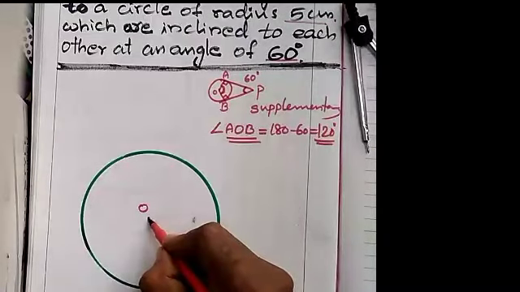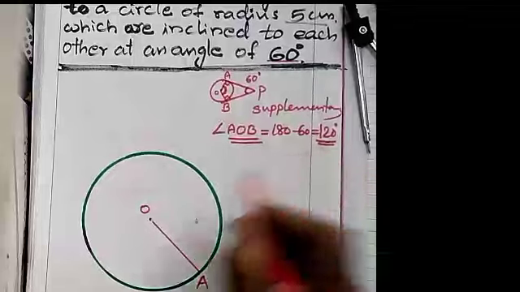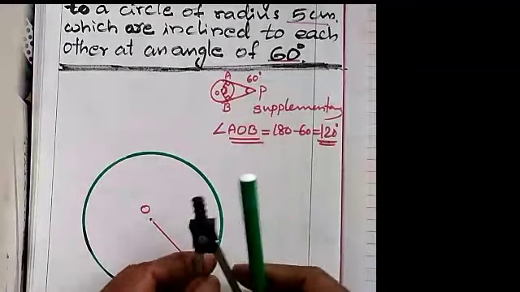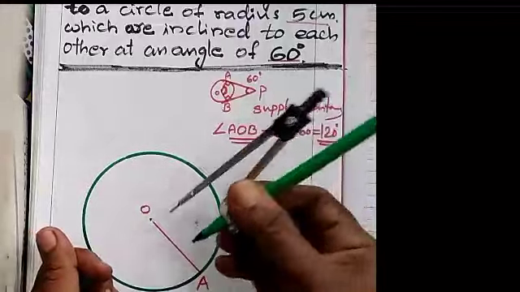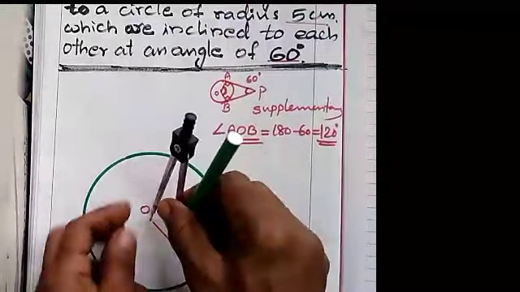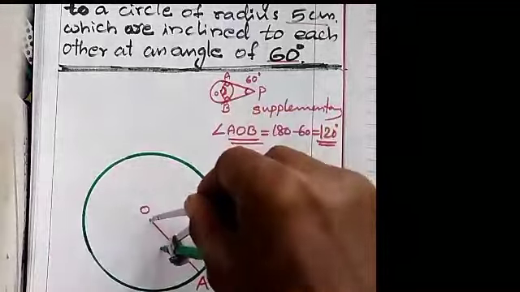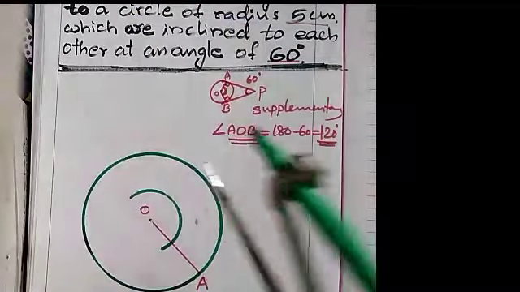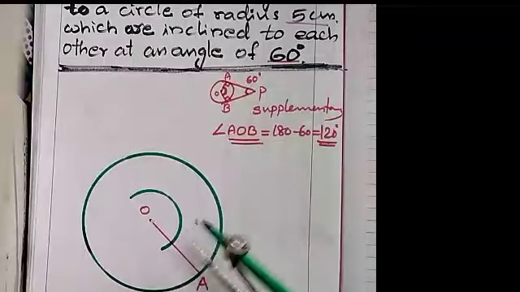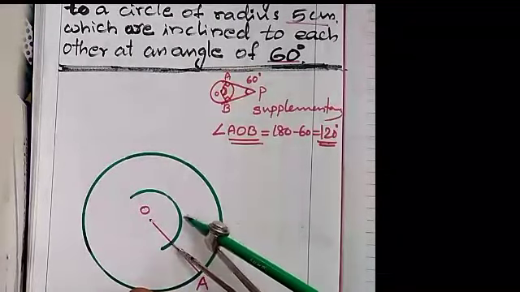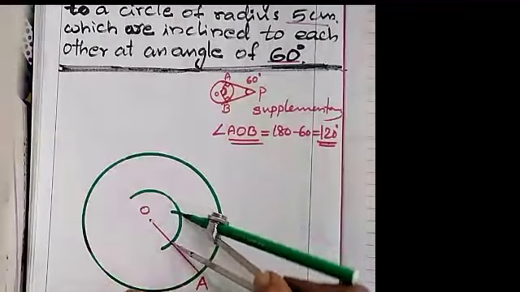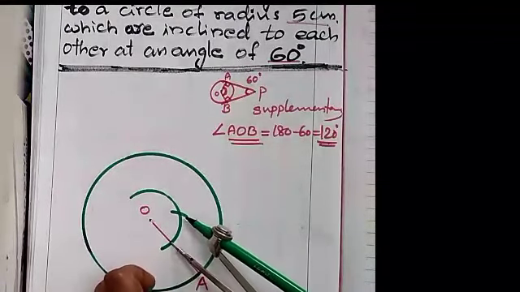Now, at O, you know this angle 120 degree. Do you remember the construction of 120 degree? Yes. Take any smaller radius with O as center. Draw one arc like this. Okay. After that, without changing the radius, remember the method, from this intersecting point you are drawing one arc. It will make 60 degree.